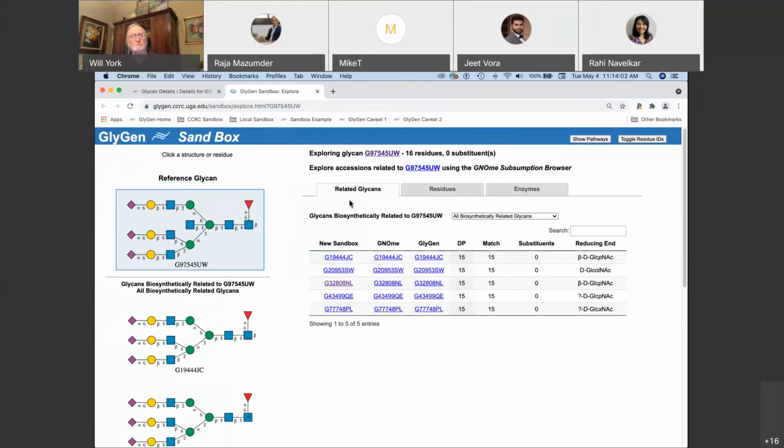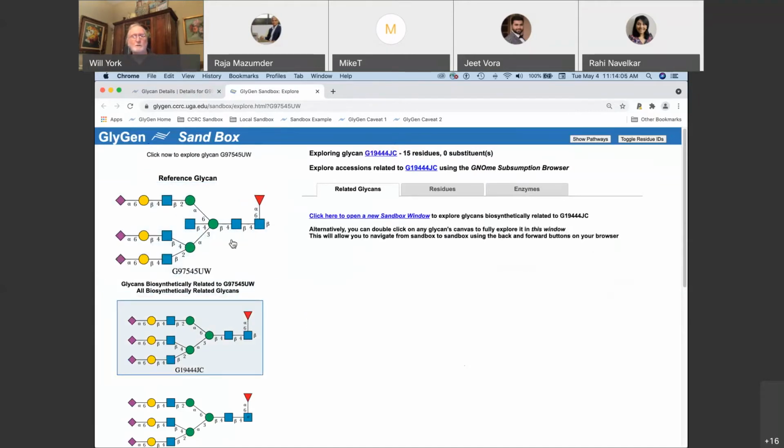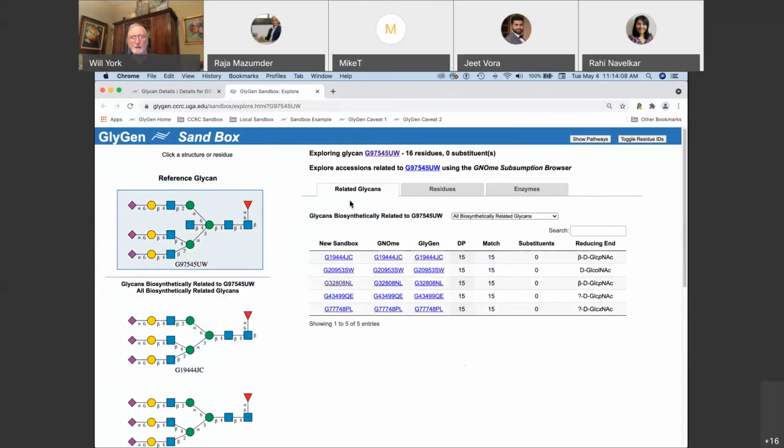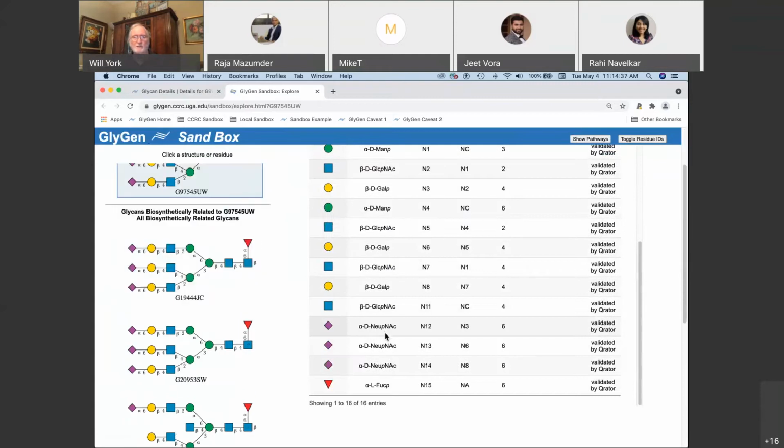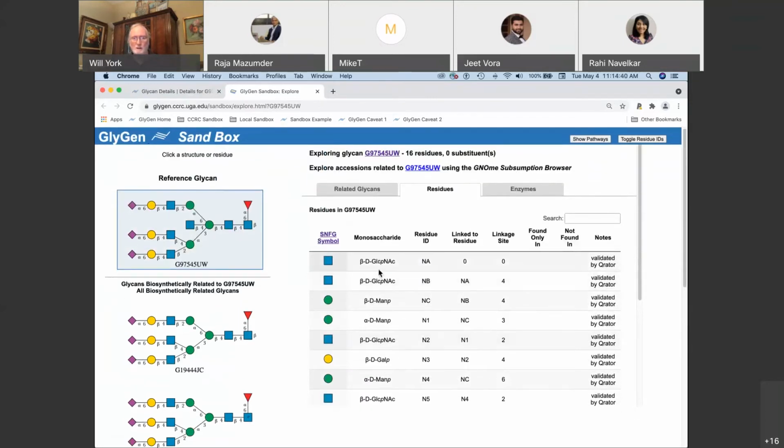you get, so I can click on this one or this one, start on the reference glycan, you get several tables. And I'm going to change that now because I used to think that this related glycans tab was the most important. But especially for new users who don't understand SNFG nomenclature, which this is represented by, I'm going to have it from now on the default place it's going to land is on the residues. And this Residues tab gives you information about all the residues in this glycan. It tells you what they are. It tells you what their residue ID is, and it tells you